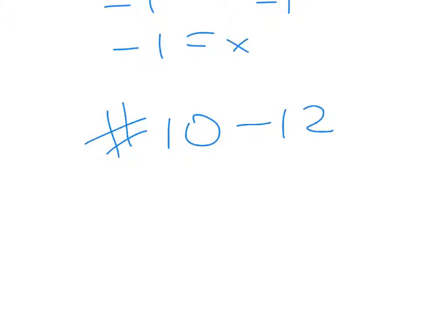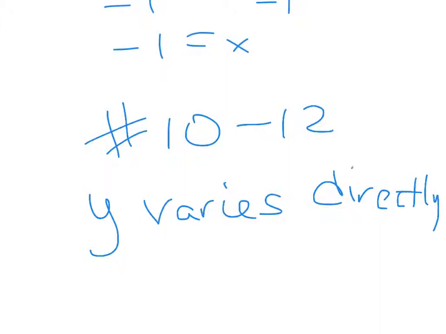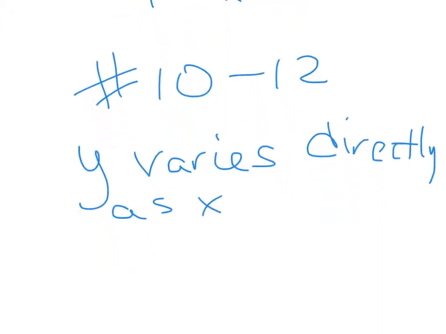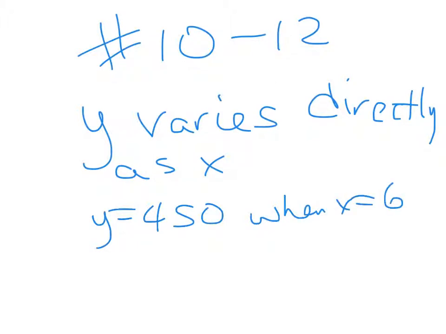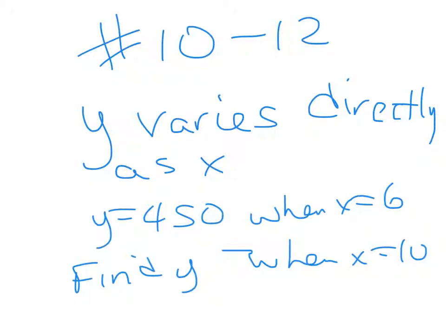Three of them are either going to be worded that y varies directly as x, and then it'll say y equals 450 when x equals 6, and then it might say find y when x equals 10. So this is like numbers 1 through 10 in the homework in 8-9, and then you